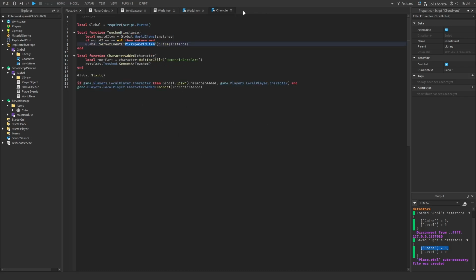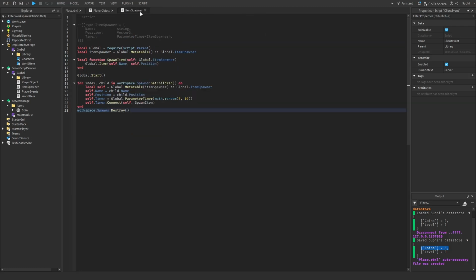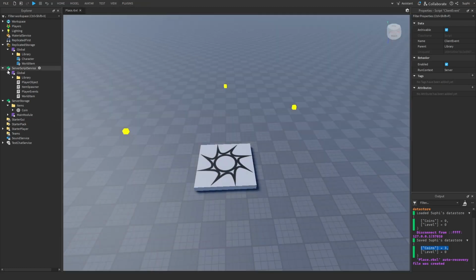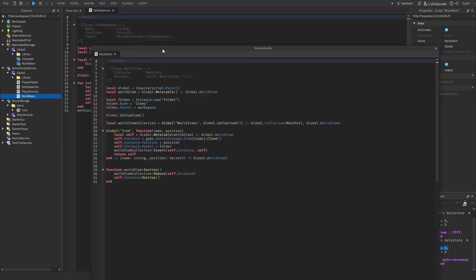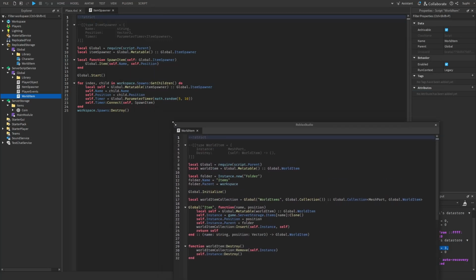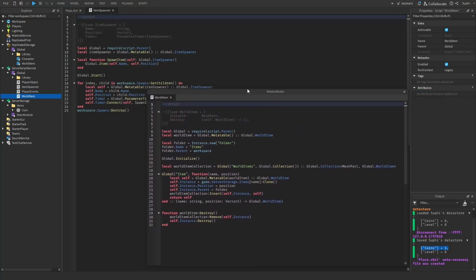So let's close all these scripts that we have open. And let's open the item spawner and the world item. Now there's a few ways we can go about doing this, but I'm going to store an item spawner inside of the world item